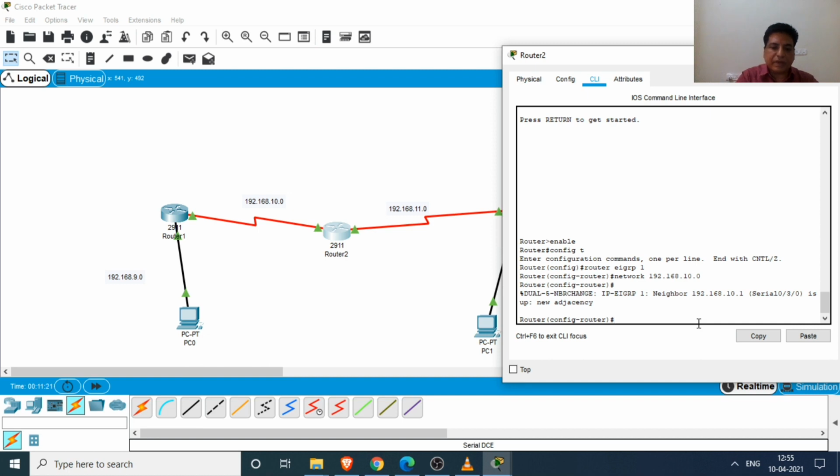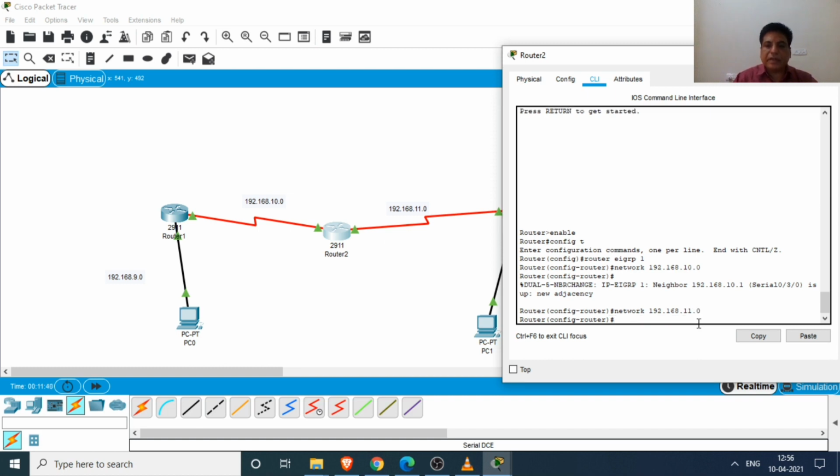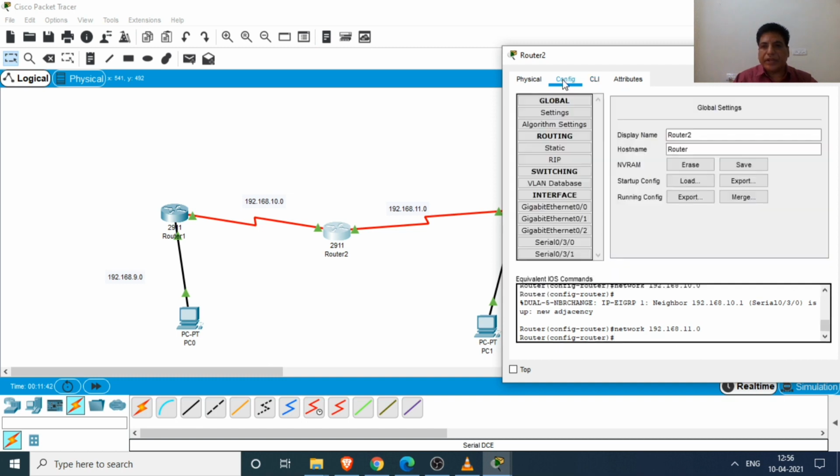Then we enter the network 192.168.11.0. Then we go to the configuration, then we press save.